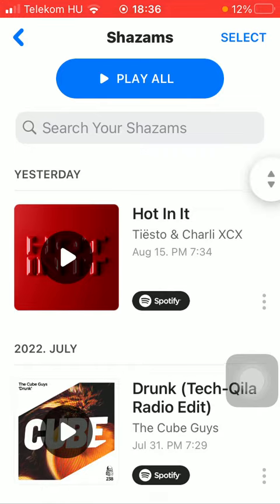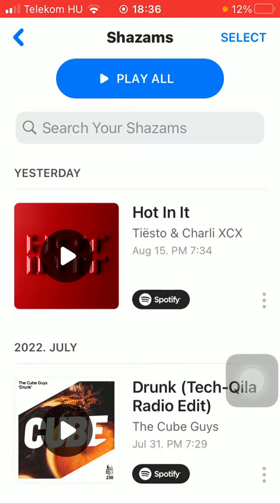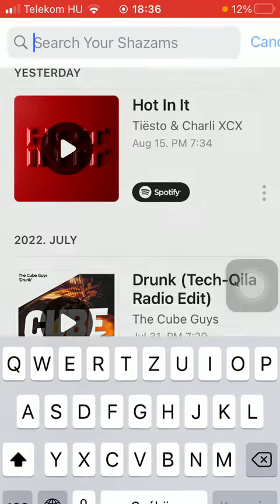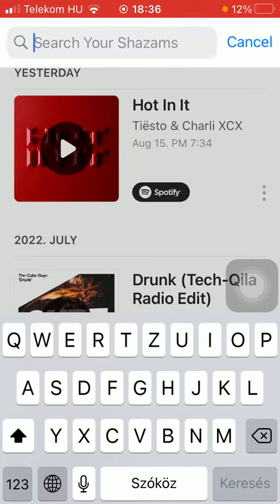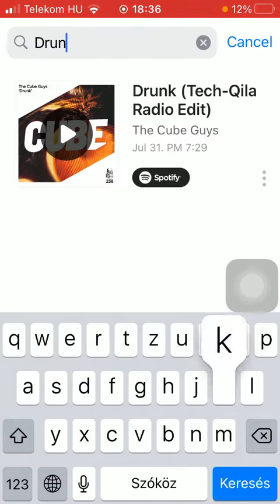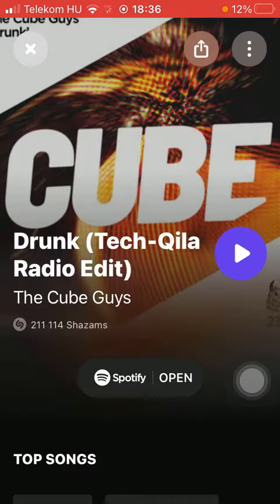Here if you scroll up, you can see that there is a search bar in which you can search among your Shazam results. So just simply click on it and now you are ready to type in the kind of song that you are searching for. Now if you found it, just simply tap on it and now you are ready to